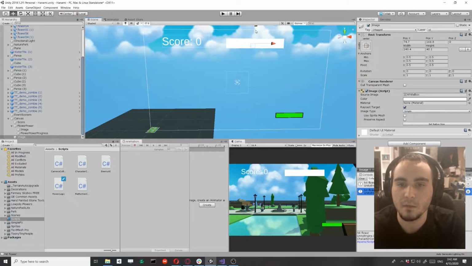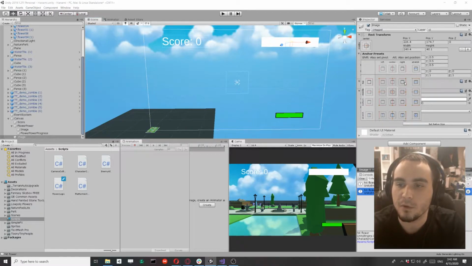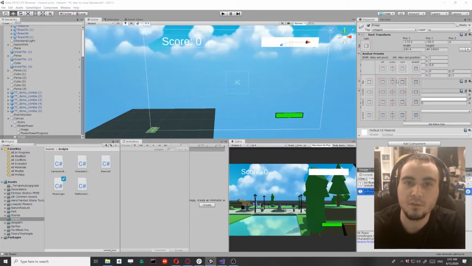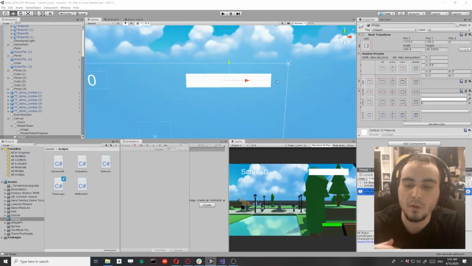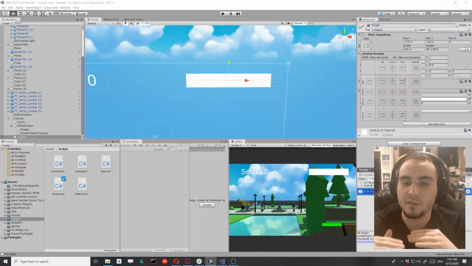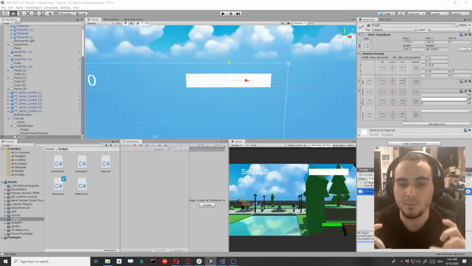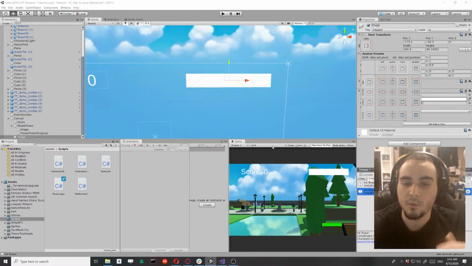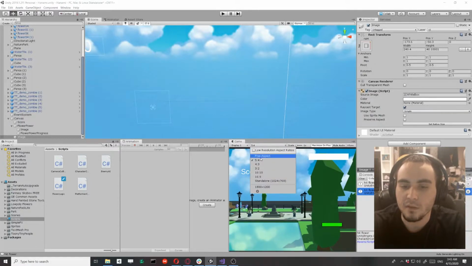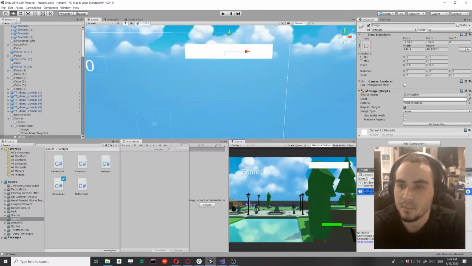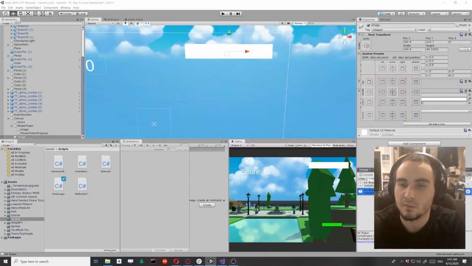So I'll make it a rectangle, bring it up here, change the anchor point. Again, I discussed this during the live stream, but setting the anchor point to the top right helps in adjusting how the game actually displays on various resolutions. I won't go too deep into it, but if I change the resolution here, the bar will stay relatively in the same spot, whereas if I left it on the middle one,